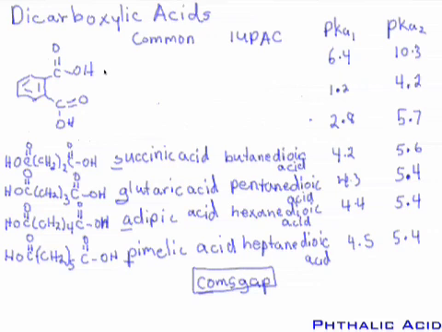And remember, we learned that this dicarboxylic acid has 2 common names, which we've already covered. You can call it orthophthalic acid, or you could call it just phthalic acid. Both are possible. The IUPAC name was based on the name of the alkane ring, and so it's called benzene